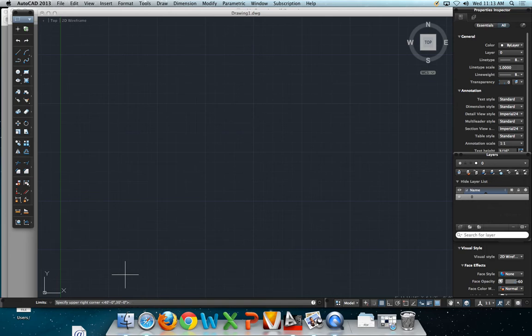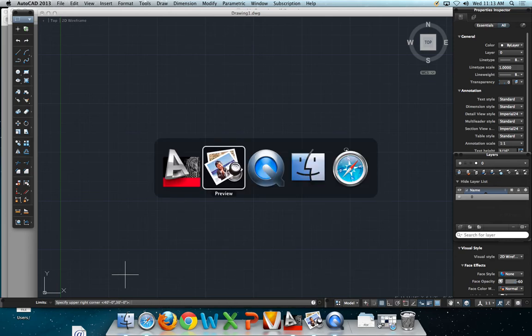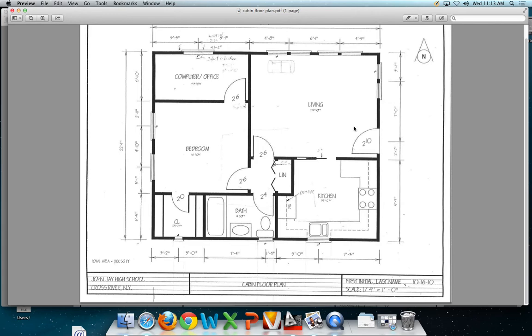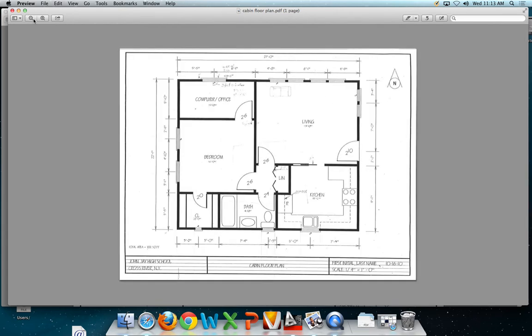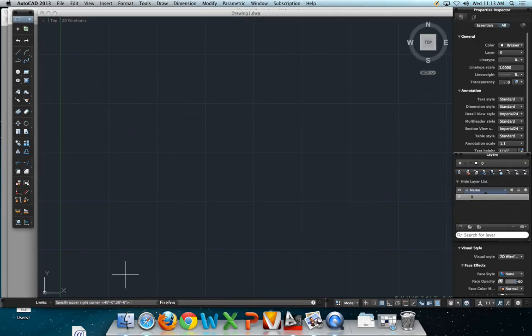Now I have to do the upper right hand corner. So I want to come over to my drawing again just to look at it, and what we can see is that this drawing is 27 feet across and it is 22 feet high. I want to give myself a little extra room, so I'm going to give myself about 50% more. So I'm going to specify 40 feet dash 0 comma 30 feet dash 0